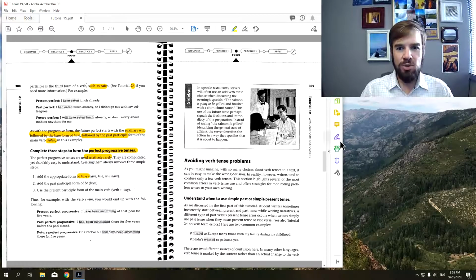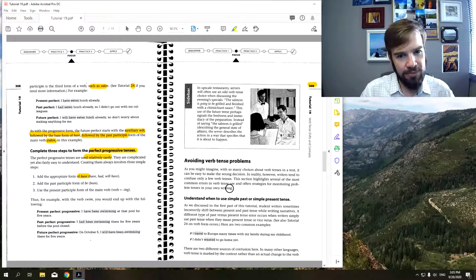So again, like usual, skip the sidebar if you want. If you want to go deep, keep reading. I'm going to keep going here on 309, avoiding verb tense problems. Now, as you might imagine, with so many choices about verb tenses in a text, it can be easy to make the wrong decision. In reality, however, writers tend to confuse only a few verb tenses. This section highlights several of the most common errors in verb tense use and offers strategies for monitoring problem tenses